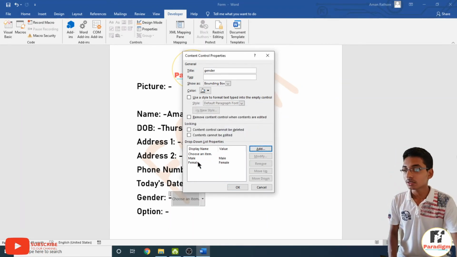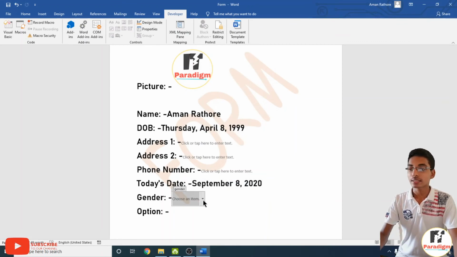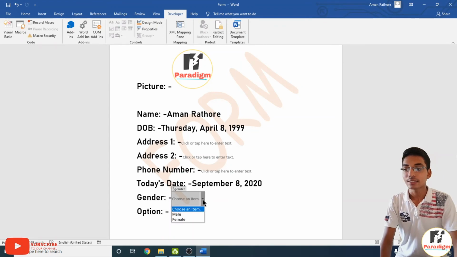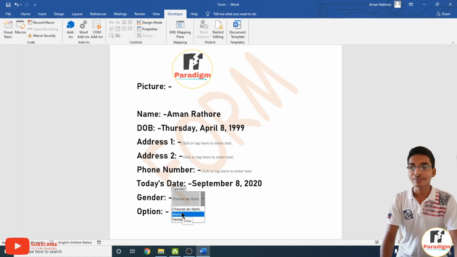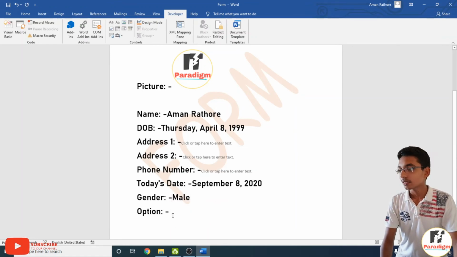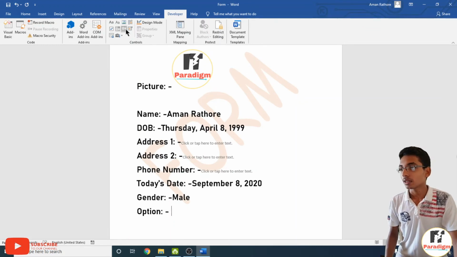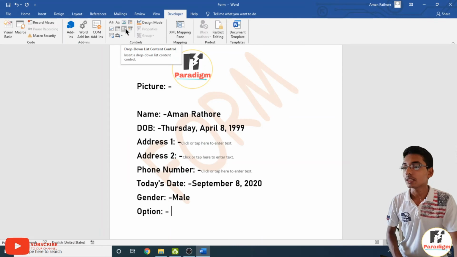Here you can see two options are here, male and female. Click on OK. Now if I want to insert the gender here, I can click on this drop down menu and select my gender. It's easy, right? Now I selected male,